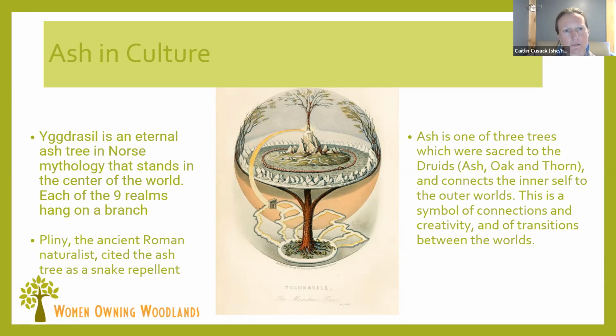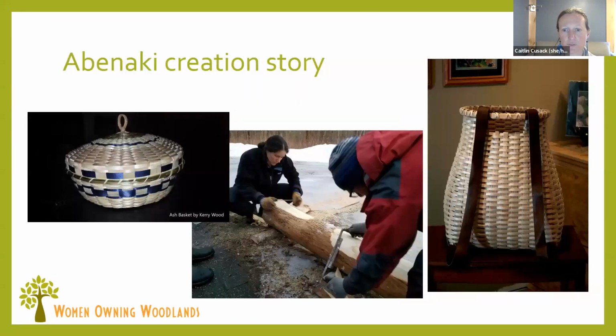Here in North America, black ash, I mentioned, is a really important species to the Abenaki. The Abenaki believe that humans actually emerged from ash trees, so it's part of their origin story. Black ash has a really interesting property where you can peel the bark, and then the rings can separate, and you can pound the tree, literally striking the end of the log with a mallet, and it separates those rings that can then be made into these splints